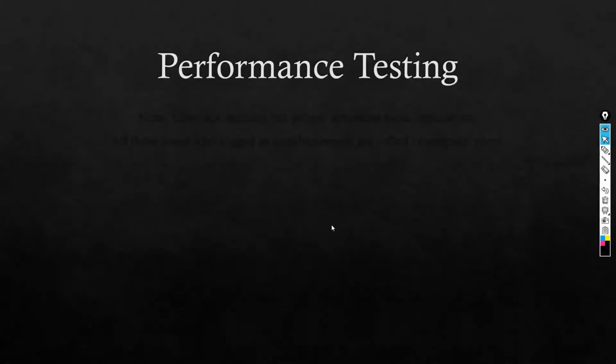At the same time, we also learned about the LoadRunner architecture, where we had different components within the architecture like load generators, VuGen, controller or performance center, and analysis component, right?